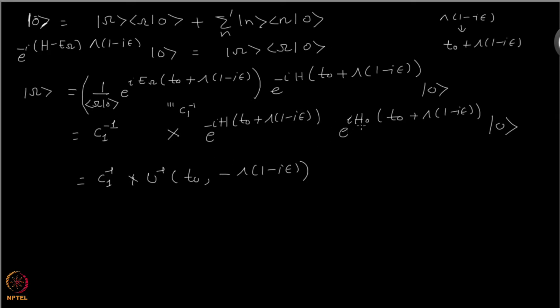Okay, so you see the signs have changed and the order has changed. Maybe I should write down somewhere here U of T naught T is e to the iH naught T minus T naught e to the minus iH T minus T naught. Okay, and with that we see